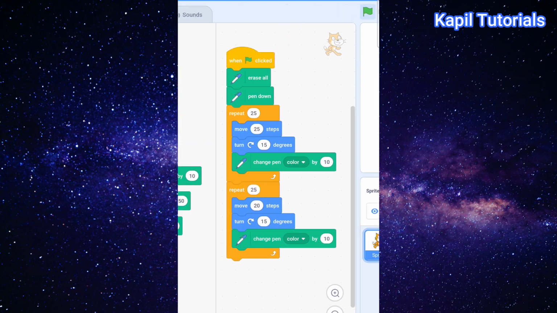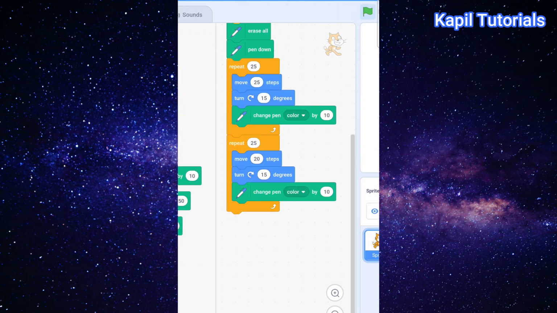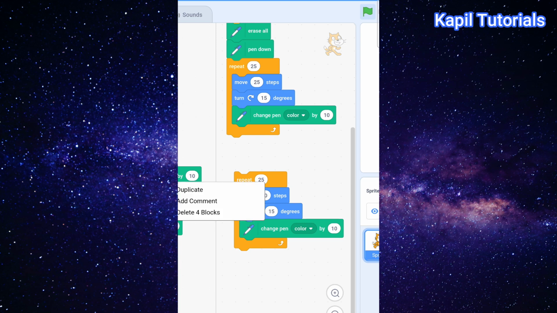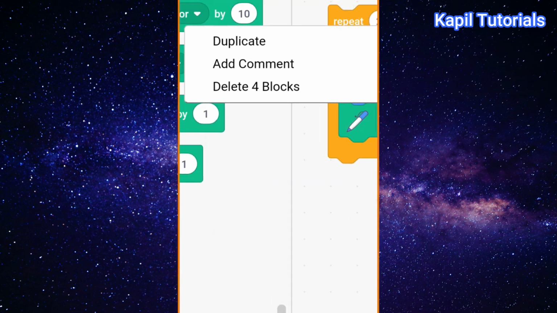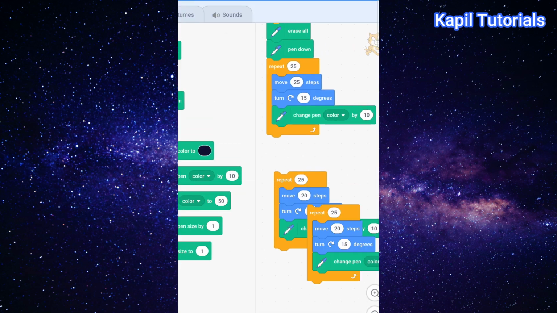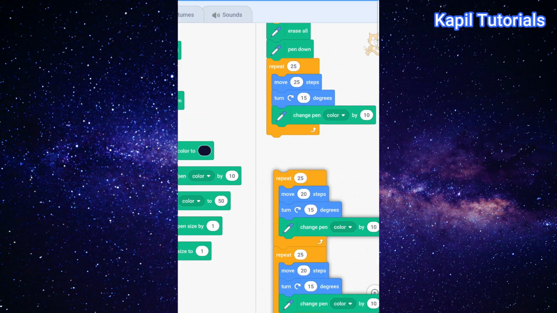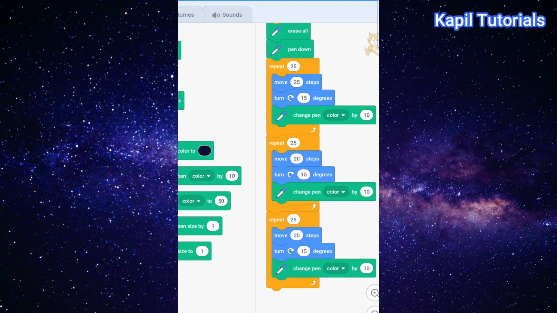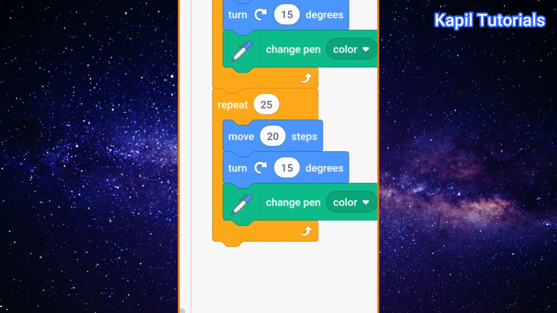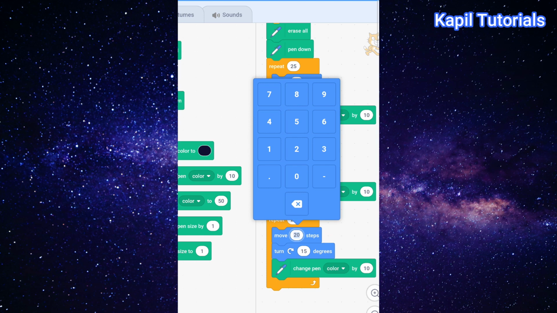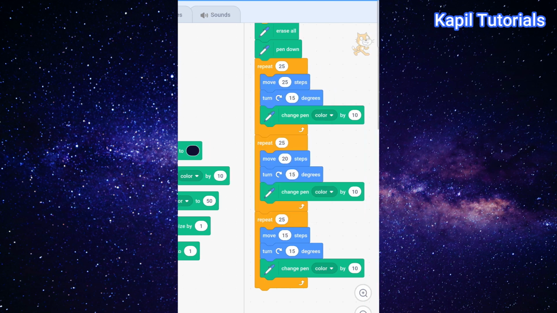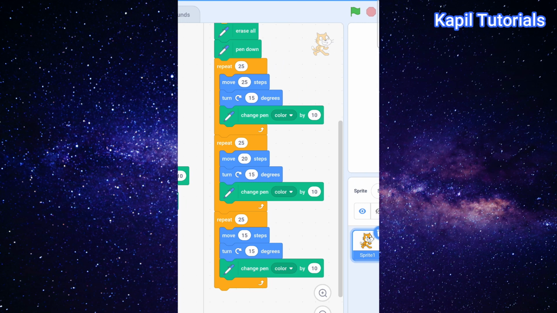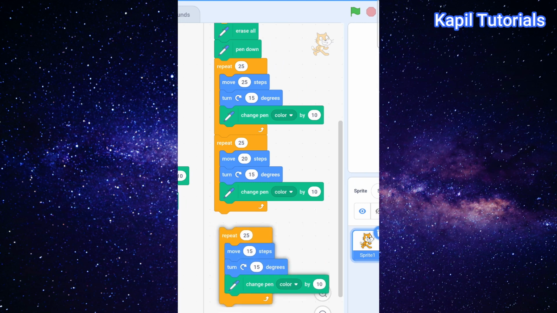So now it's still simple. Again I'll duplicate this. I'll click upon duplicate and then I'll paste it at the bottom, and now where move was 20 steps, I'll make it 15. Now after 15 again I'll duplicate.